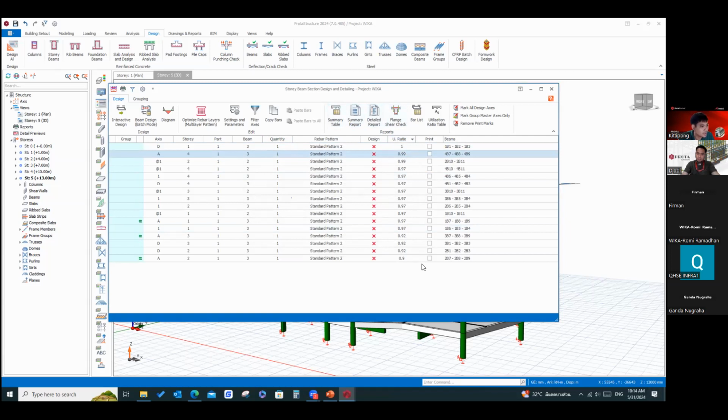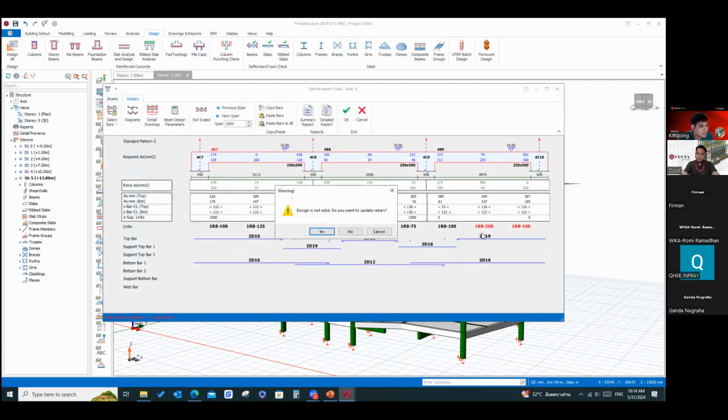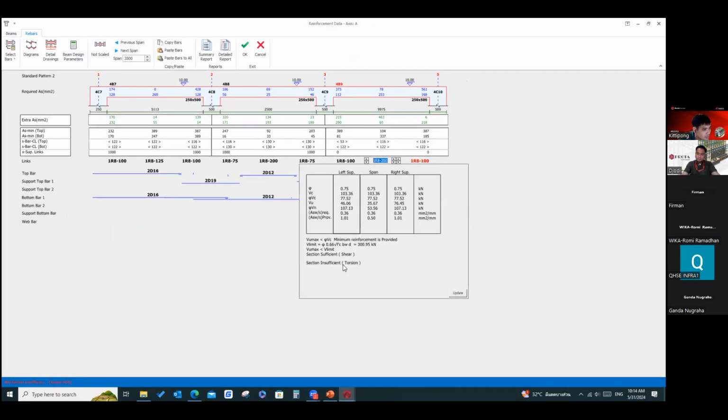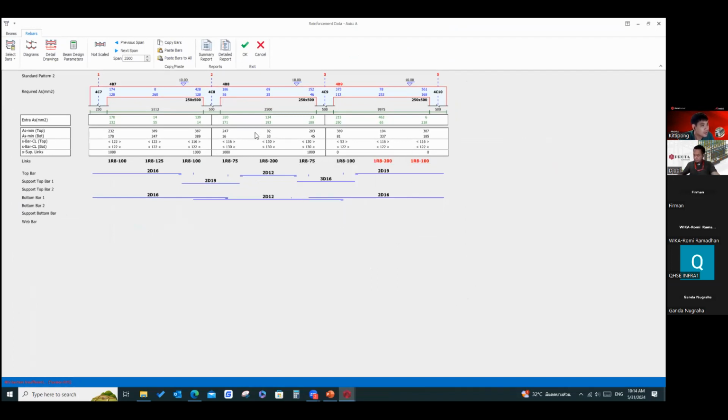This is for the concrete beam. I'm not sure about this. This is insufficient because of torsion. Okay, this is the bar bending schedule, yeah, Mr. Kitipong. Yes, this is also the bar bending schedule in the structure. Is it right?